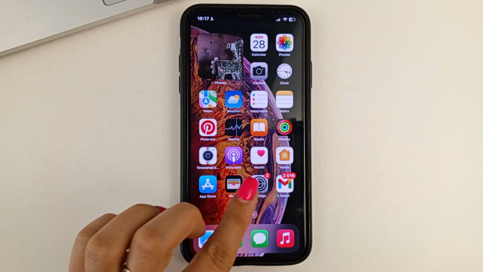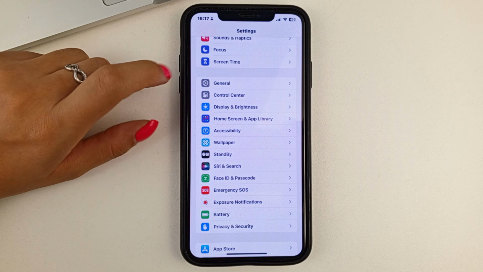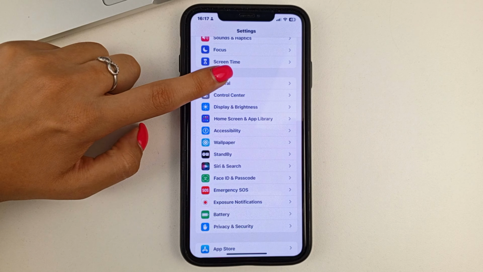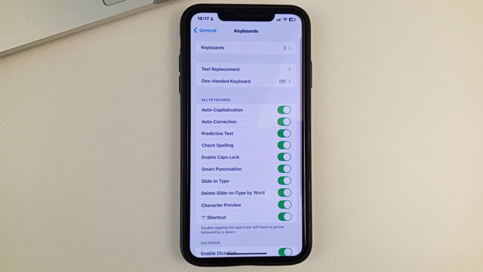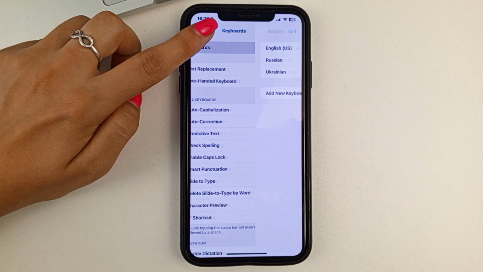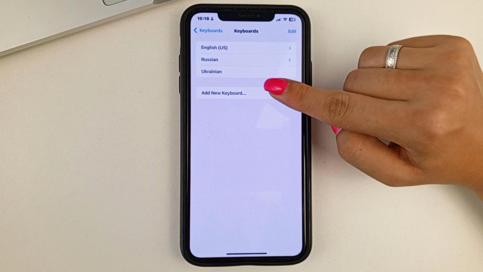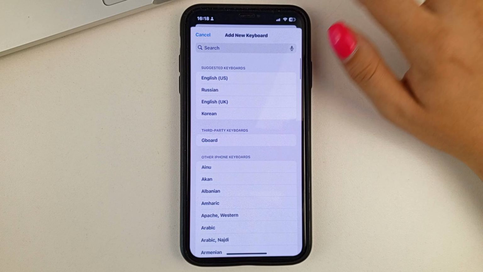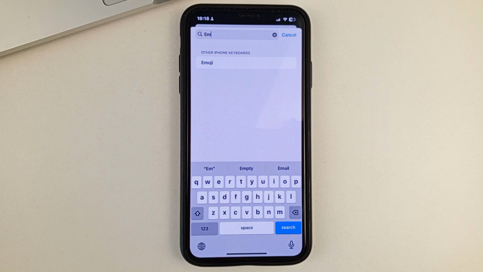Okay friends, first of all, on your iPhone, open the settings, and then scroll down and find this General option here. And then here you'll find the keyboard. And at the top click on All Keyboards. So here you'll see a list of the keyboards that you've added, in which languages they've been added. And in order for you to connect emoji, click on Add New Keyboard. Then you can just type the word emoji into the search box and click on it.